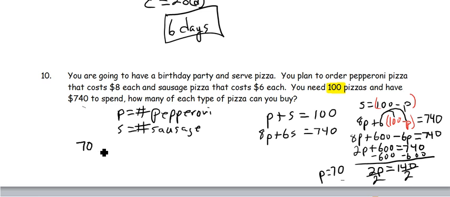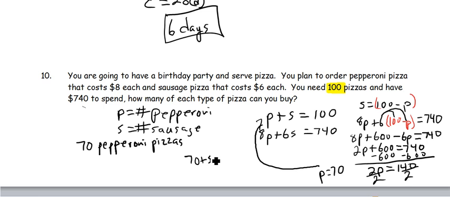So, 70 pepperoni pizzas. So I can plug this back into this one. 70 plus S equals 100. Subtract the 70. Sausage pizzas equals 30. So I have 30 sausage